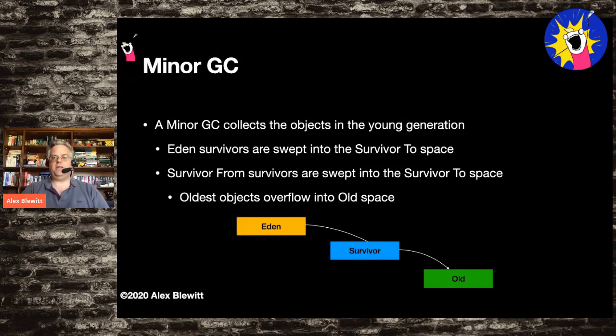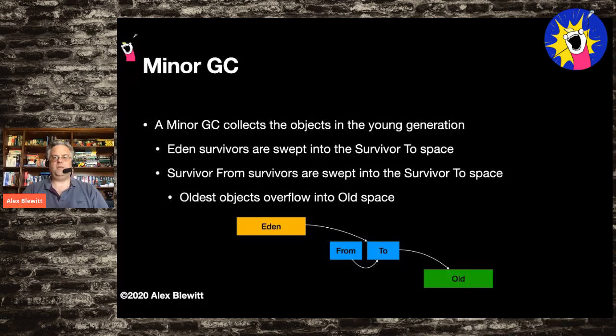Now, the goal of a minor GC is to take everything inside the Eden space, decide if it's dead or alive, and then move all of the alive ones into a survivor space so that the Eden can be completely reset and start again afresh from new. In fact, the survivor space is split into two different parts, the to space and the from space. And these are logically different areas in memory,